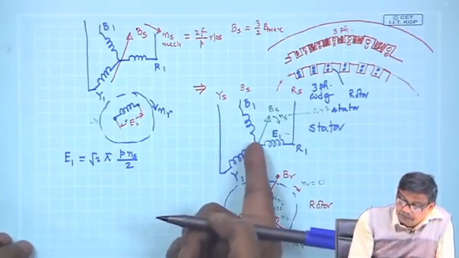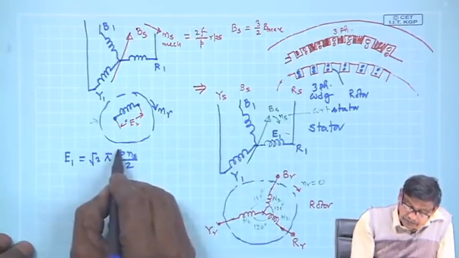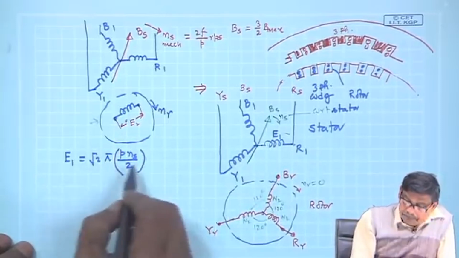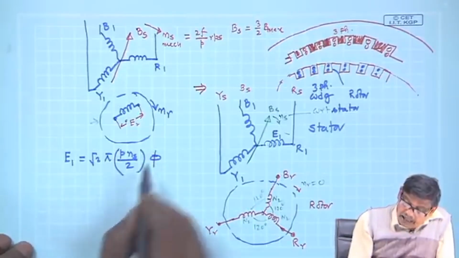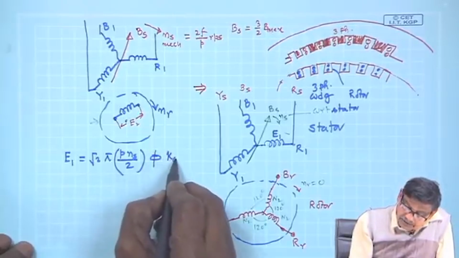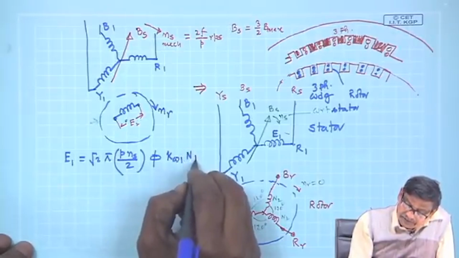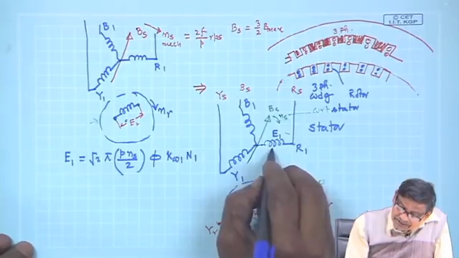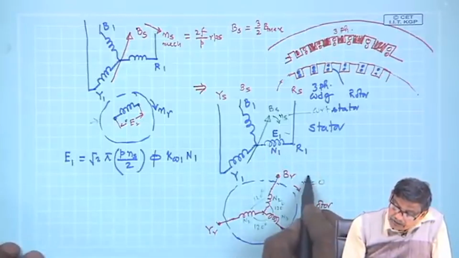So, relative speed between the coil and the field is ns. So, P ns by 2, flux per pole, and winding factor of the stator into N1. What is N1? N1 is the number of turns of this, Nr equal to 0,